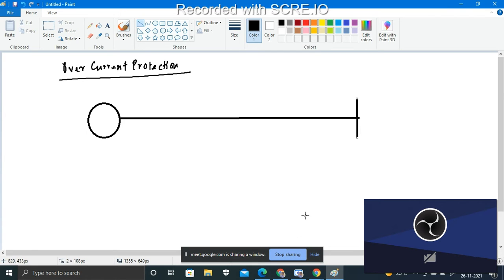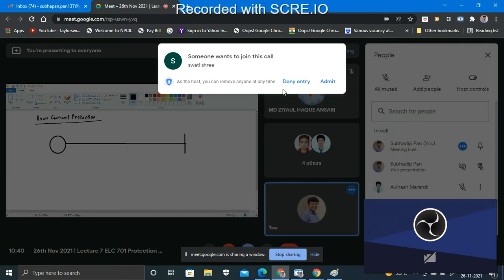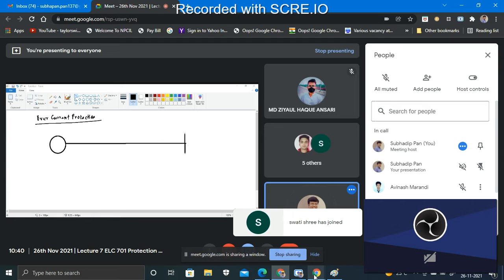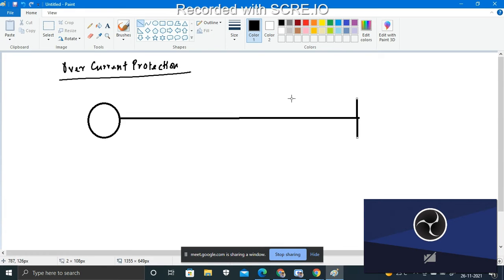In this particular end, we have a section. In this particular section, we have another section. And in each section, we have another section, and we have to connect one circuit breaker over here, and one relay over here, and we have to write another relay over here, opposite, meaning RA.